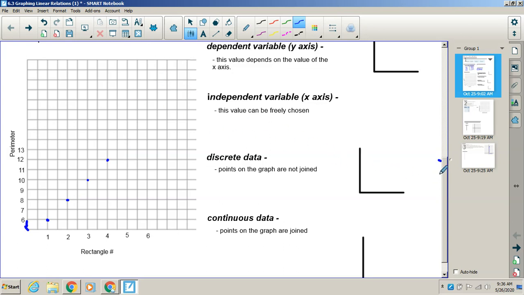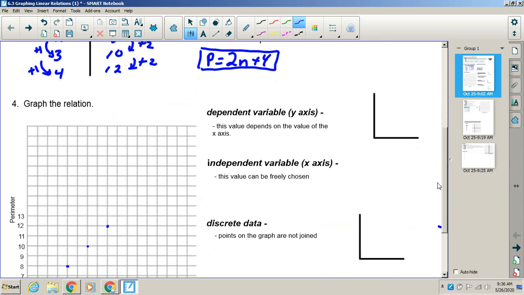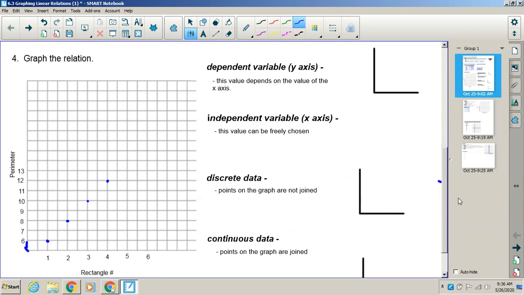And what we do need to talk a little bit about is some of the things with graphing that you will come across in the future. And again, what I put on my x and y axis are a couple definitions that you need to understand, something called dependent and independent variables. Dependent variables always go on the y-axis. So in this one here, my dependent variable is the perimeter, okay? So this value depends on the value of the x-axis. So the perimeter is dependent on